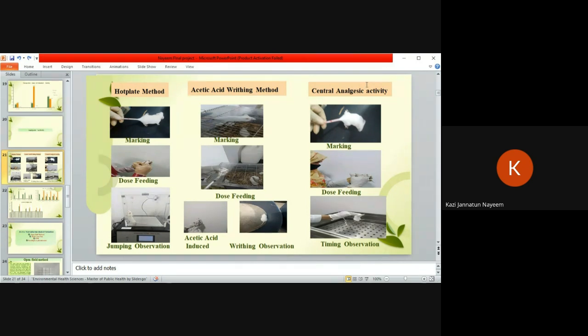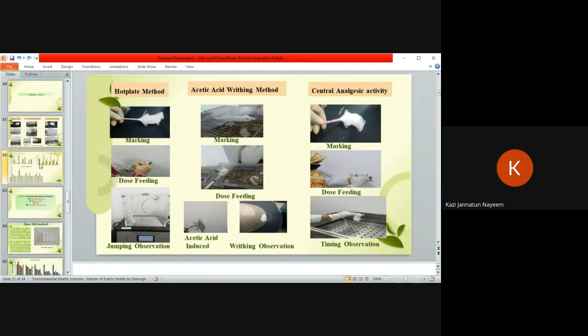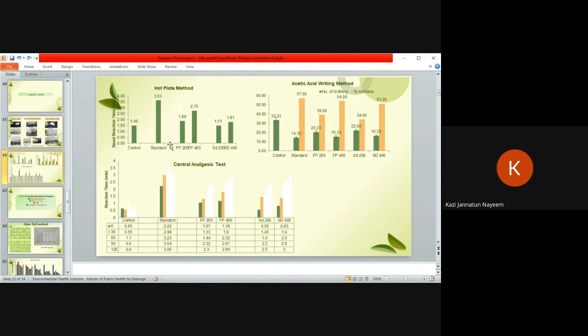Then for the central analgesic activity, we also mark the mice, and after that we feed these mice. Then this is the hot water. Here we observe how much time the mice can sustain on this hot water. After these three methods, the hot plate method, acetic acid writhing method, and central analgesic test,